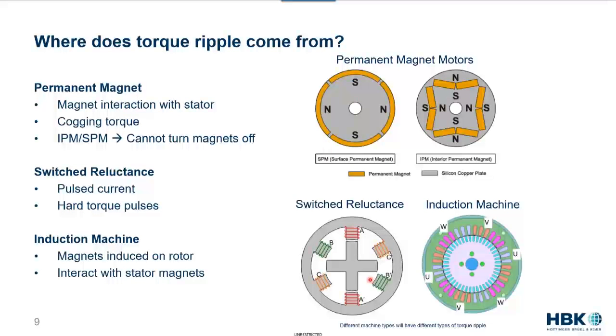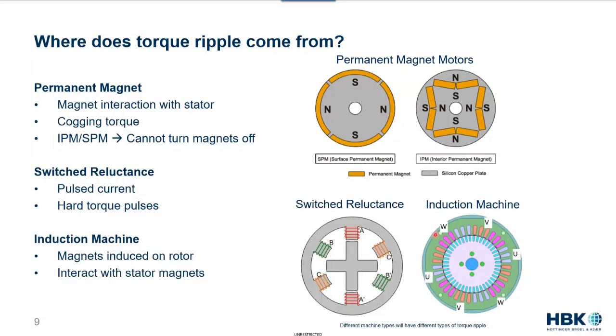Now with a reluctance-based machine, there's an example in the lower left here, you have a chunk of iron in the middle with pulses of current going through the stator windings. The iron in the middle is going to interact with the magnetic field set up by those pulses, and you get a similar behavior. So you get hard torque pulses as it spins, as that magnet jumps between the various points where it feels the highest magnetic force. There's going to be a lot of noise and vibration issues with the reluctance machine because of those hard torque